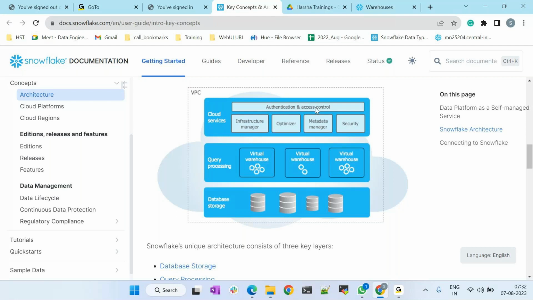The client was only into Microsoft SQL Server. They had never been into Snowflake. So we were responsible for migrating the data as well as the infrastructure manager and authentication and access control. For this entire cloud services, we have one internal tool to handle it. Let me ask you this way: have you ever used